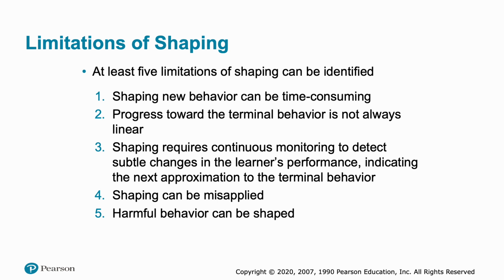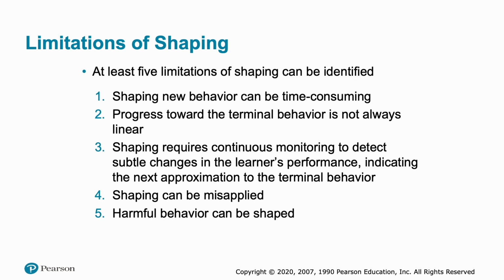It's also important to keep in mind that progress towards the terminal behavior is not always going to be linear. So that's the second limitation of shaping. We might have in mind the plan for shaping, right? We have those steps that we would like to see, but you might have learners that jump steps, okay? And so you have to be willing to modify your intervention based off of where that learner is, or